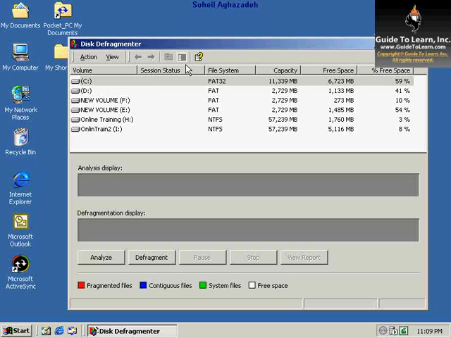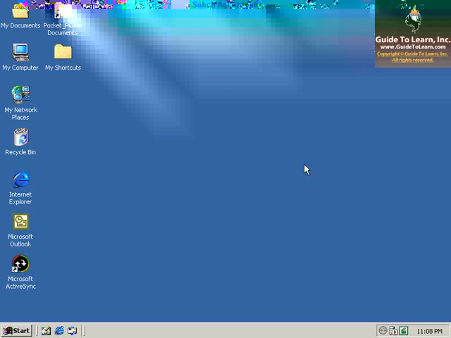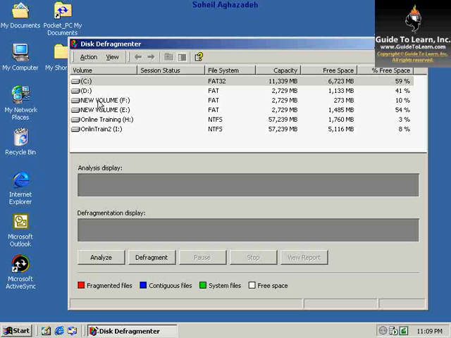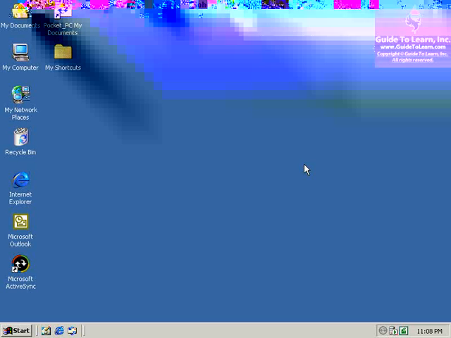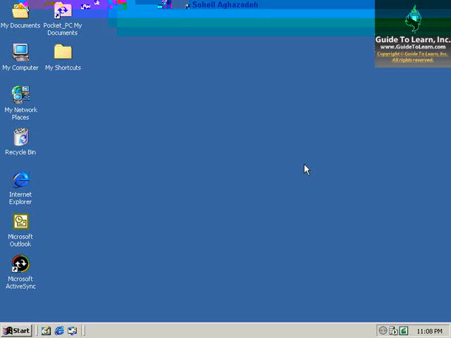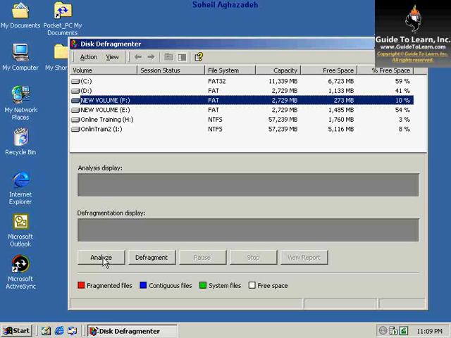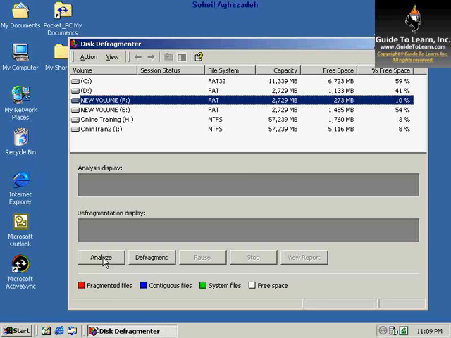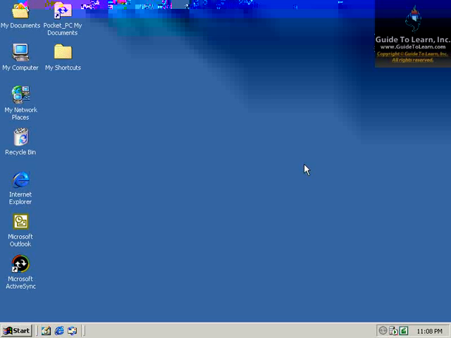Within this area, you can see all available drives located on your computer. You can click the drive you want to defragment. In this scenario, I choose drive F. To determine if the drive needs to be defragmented, you can select Analyze. By clicking the Analyze button, you have the Windows operating system start analyzing your disk